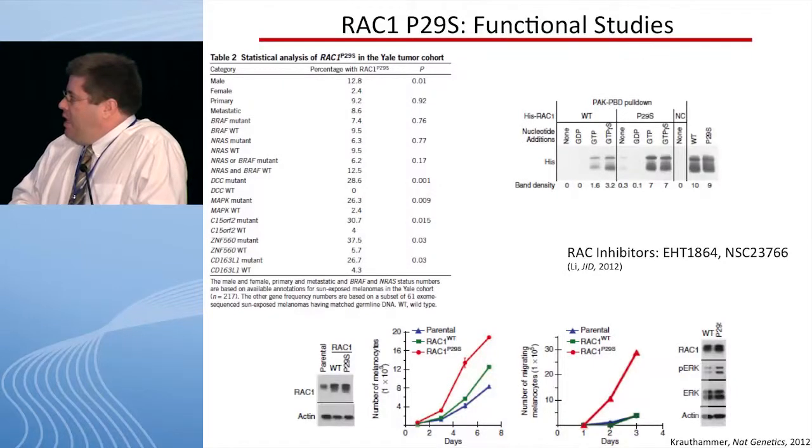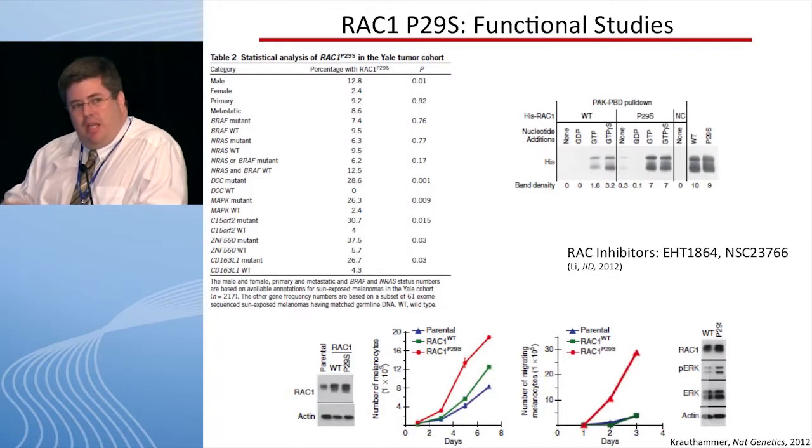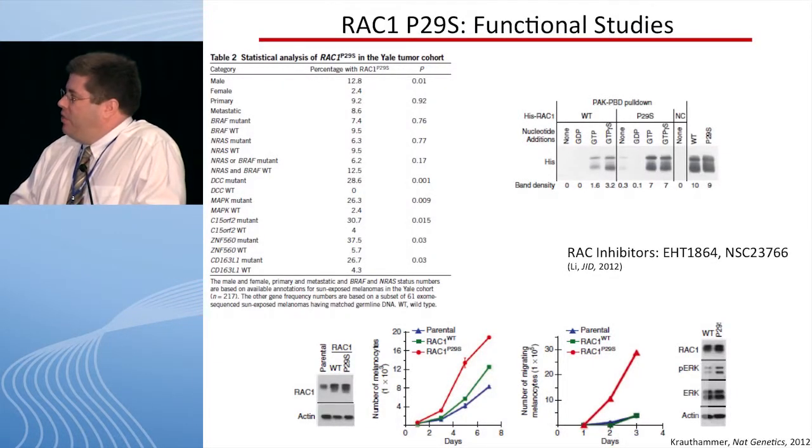The other thing that's interesting about this is that although we talk about ultraviolet radiation being very mutagenic in melanomas, in actual fact, the mutations in BRAF and NRAS don't have the signature of a UV-induced mutation, whereas the RAC1 mutations do. This actually appears to be our first clear-cut evidence of a hotspot mutation that's induced by ultraviolet radiation. So they went on to do functional studies to try and see whether we could really understand the significance of these mutations in RAC1.